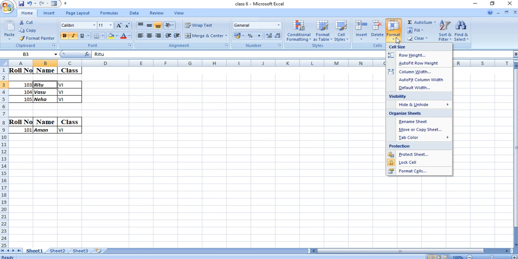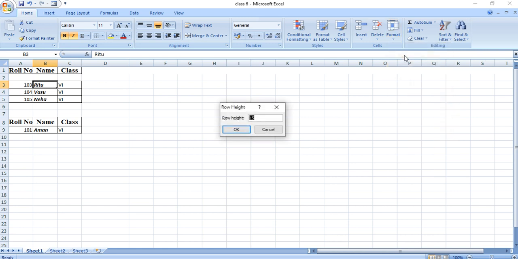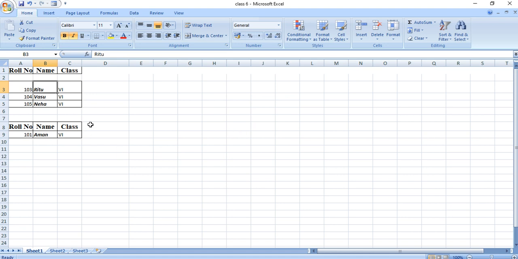So a drop down box will appear. For row height, select the Row Height option. To change the column width, you can click on the Column Width option. For this, I am clicking on the Row Height option. You can see that by default, we are having the row height as 15. So to change, you can enter any desired value you wish to, that is 25, and click on the OK button. Now you can see that the row height has been changed from default to 25.